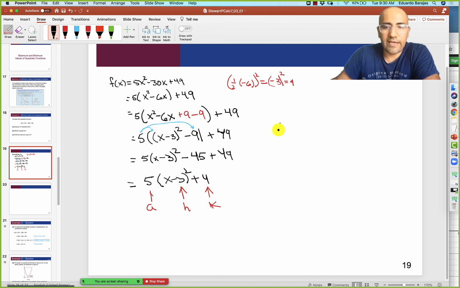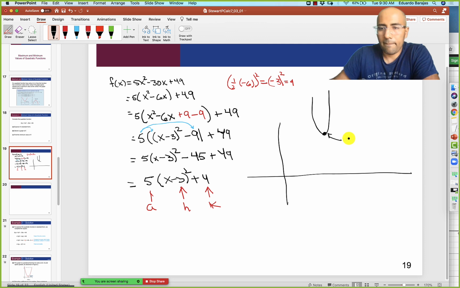Right? So if we were asked to do a rough sketch by hand, all you have to do is just put something like this. And we know that this is going to be the point (3, 4). And then typically if you just put at least one more point on that parabola, it'll help people identify it as sort of the rough sketch. So try putting in one more point, and you can choose x to be any value at all, but why not let it be something that's easy to work with? How about a 2? If we let x equal 2,